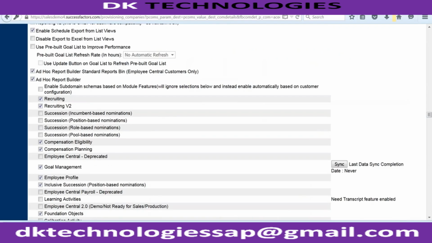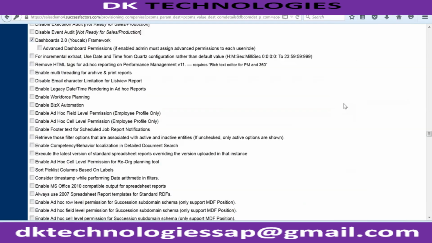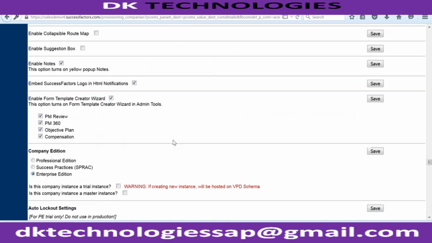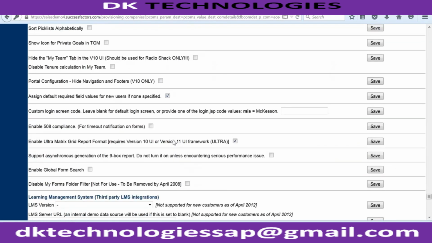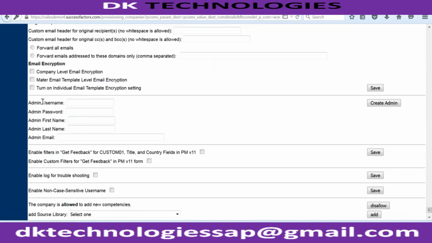So where you're going to set up your super admins in the provisioning account is this place, right? Under your company settings, if you go here all the way down, guys, you see here, this is the place where you're going to set up your super admins. And we already did that. If you want to do it, yes, we can do one more user from this particular place. Usually we'll create the super admins only when you don't have any user account to log into your instance, right? You're going to create a super admin here and he's the first user who is going to log into your instance and he'll be configuring all other user accounts or the rest of the stuff in your